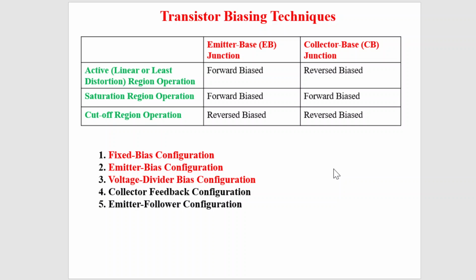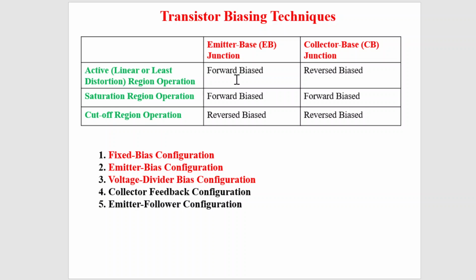So your Q point changes drastically. And as I explained, individual parameters like beta for a common emitter transistor and the base emitter voltage also change with temperature. So we have to configure our transistor in such a way that when you are using a common emitter transistor, if your temperature changes or if any input parameter changes in your transistor, that should not change the collector current, meaning it should not change the Q point of your transistor, and that is known as the stabilization of the transistor.